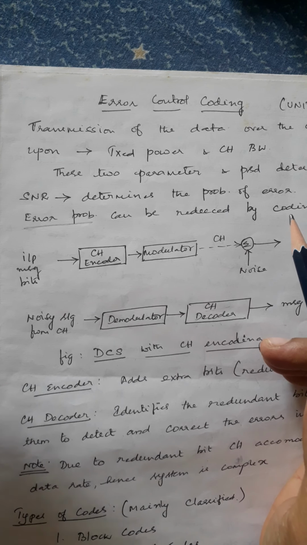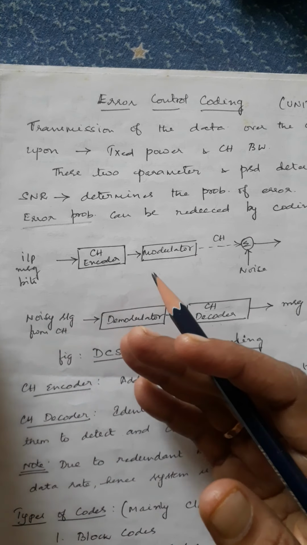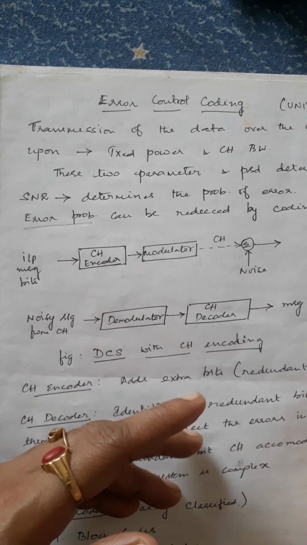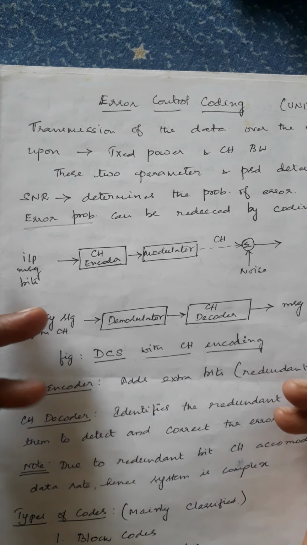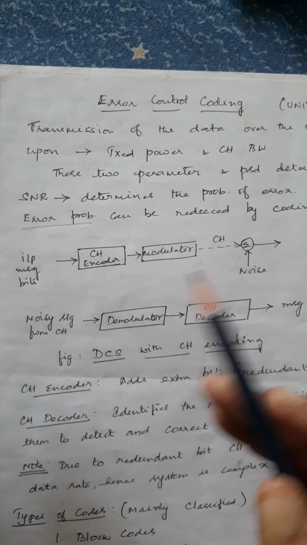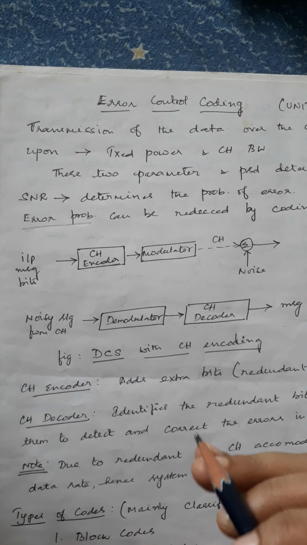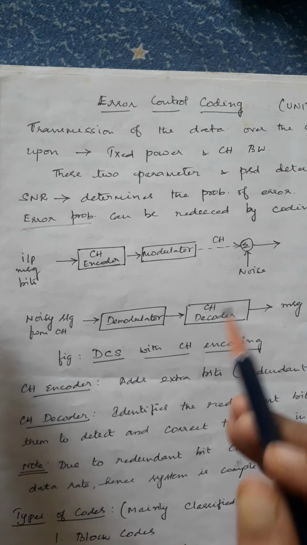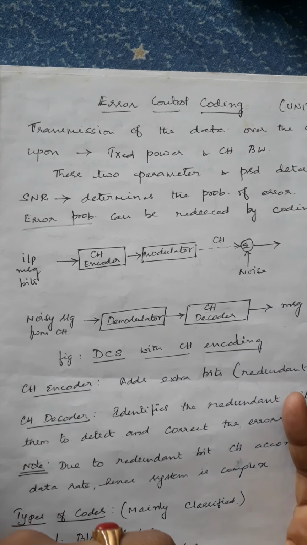coding. So, source coding is the place where you convert your binary sequence into digital waveform sequence. Okay, that is going to be your message sequence. So, that message sequence has to be encoded by means of a channel encoder where you can reduce the error probability. So, on reducing the error probability, you can increase the signal to noise ratio.